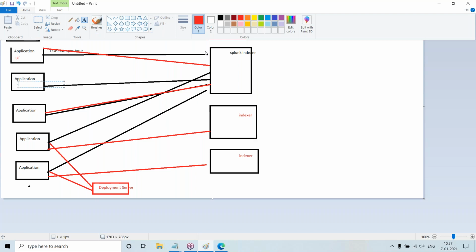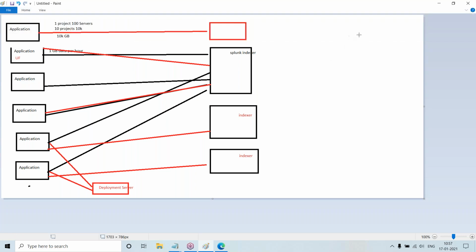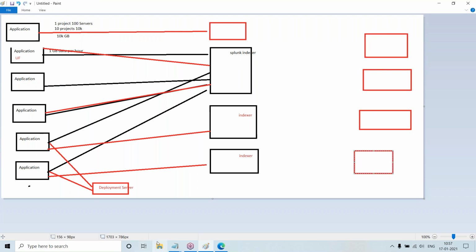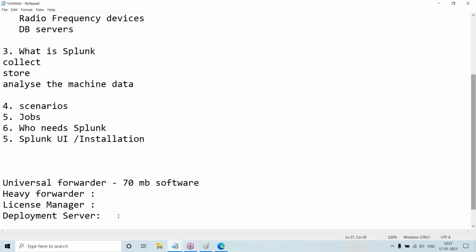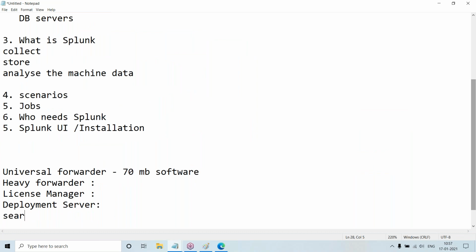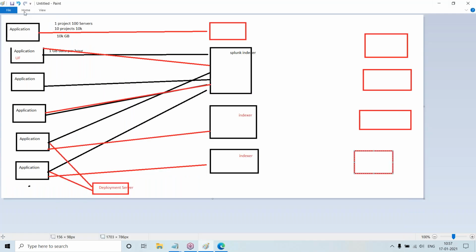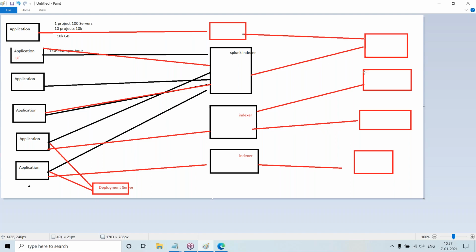Let us assume the data is being stored from 10K servers. If I do a search operation on the same server, it is costly. So we will have another component called a search head. When you give a query, the search head will go to the indexers and extract the information.